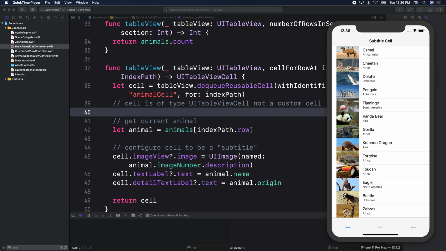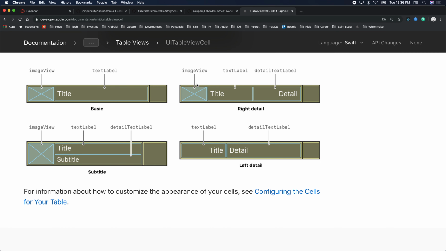View getting rendered, we have the basic cell. We did not customize the cell. This is a basic cell. Everybody with me? So for step 2 of our top bar controller,